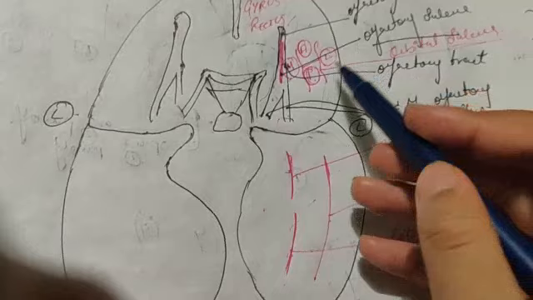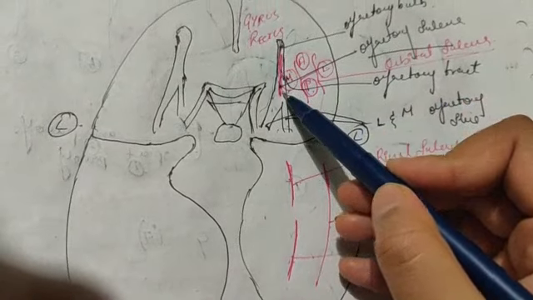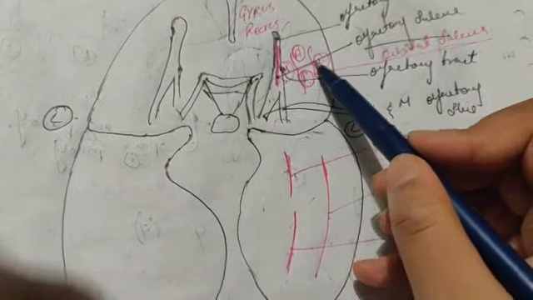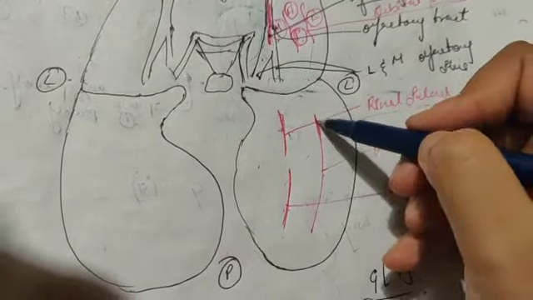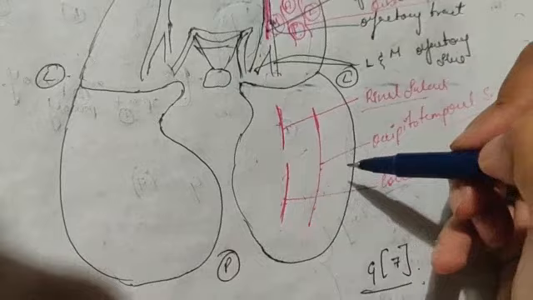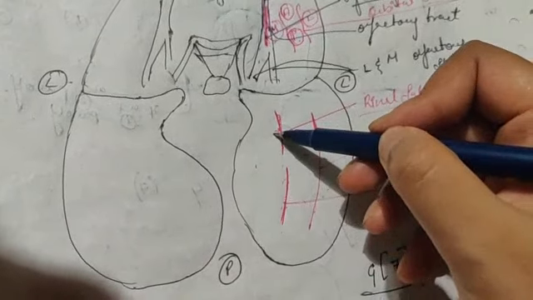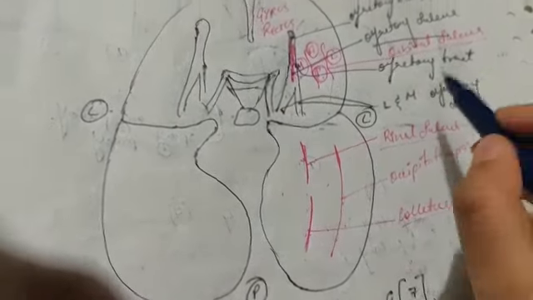So the first one was the olfactory sulcus, then the orbital H-shaped sulcus. Below is the occipitotemporal sulcus, and medial to that is the collateral sulcus, and on top of that is the rhinal sulcus. So these are all the sulci.